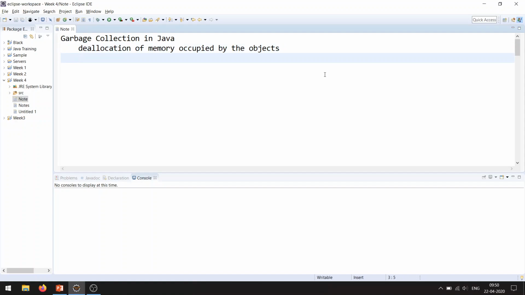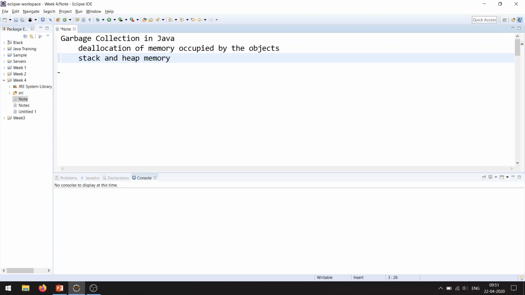Objects always have some memory whenever we create them. During garbage collection, the memory assigned for each and every object is deallocated. Before getting to garbage collection in Java, you should have a basic understanding of two kinds of memory categorization, that is stack and heap memory.